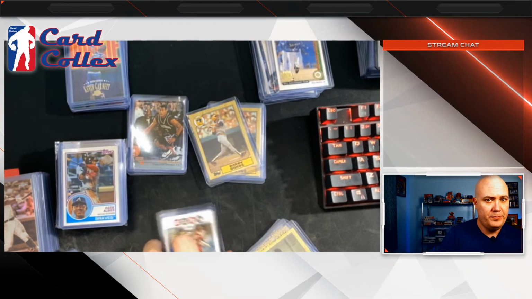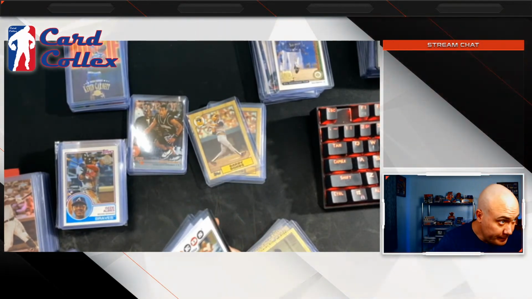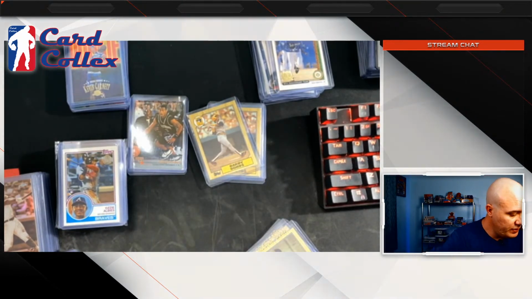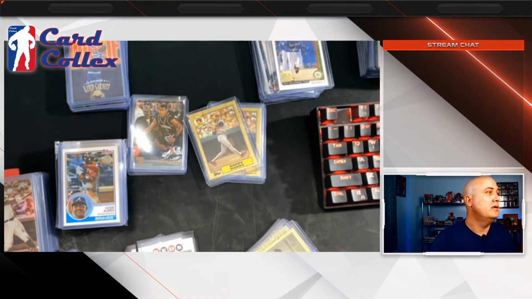We'll go ahead and put these Joey Votto rookies up, see what those are going for. 2008.